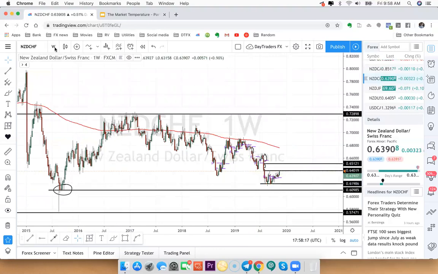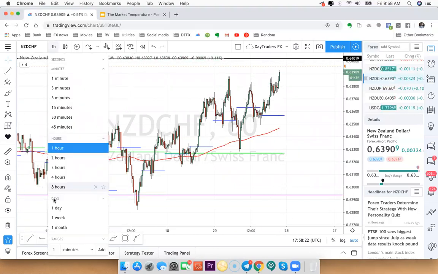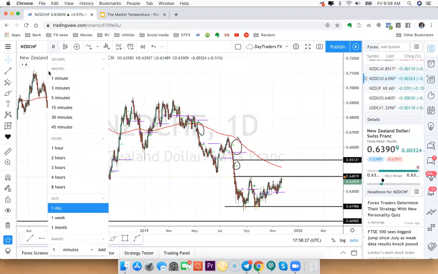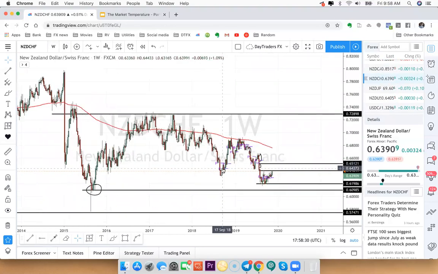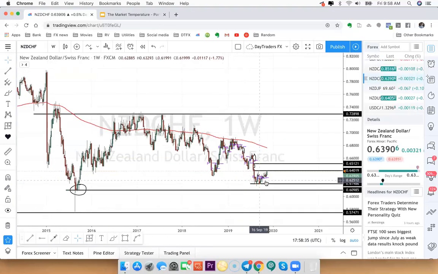I want to see this thing run a little bit lower, but as it happens, it's pushing a little bit higher right now. But as I see, once again, with the VIX and the S&P and everything positioned the way that it is, I think this is a fantastic opportunity to get a spike in volatility and get this New Zealand Swiss down closer to about 61, 6,200. We're sitting at about 63.90. If we can get this down about 200 pips, right? And again, if there's any kind of spike in volatility, a 200 pip move lower on the New Zealand Swiss